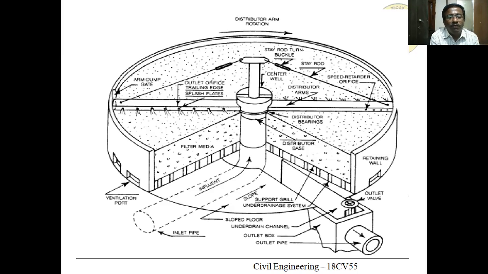Underground system pipes. From there, the wastewater, or the combination of the microbes as well as the wastewater, comes out through the outlet pipe. So the thickness of the filter media, the rotation of the rotating arm, as well as the influent load applied are very important factors in the design of a trickling filter. Usually at the outer ring, a weir is provided at the circumference of the trickling filter to overflow any excess wastewater that enters.